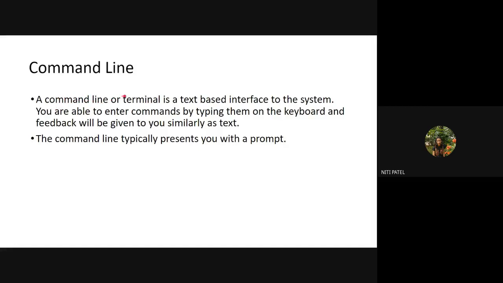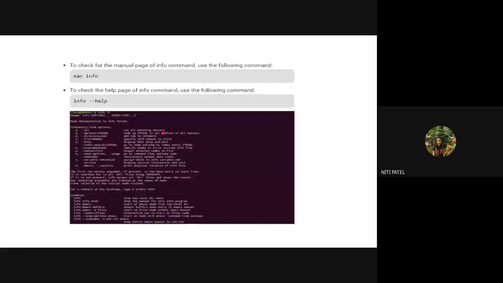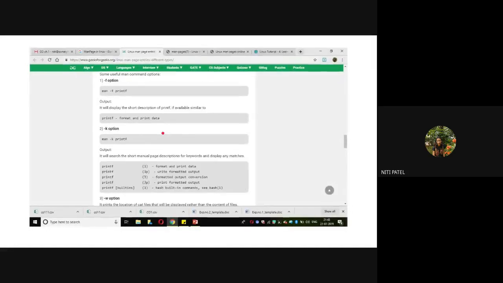So a command line or a terminal is a text-based interface. Why is it a text-based interface? Because it is the user who is typing those commands in the form of text. You are able to enter the commands by typing them on the keyboard, and feedback will be given to you similarly as text. If you see this, this is the command man -k printf, which I have written.